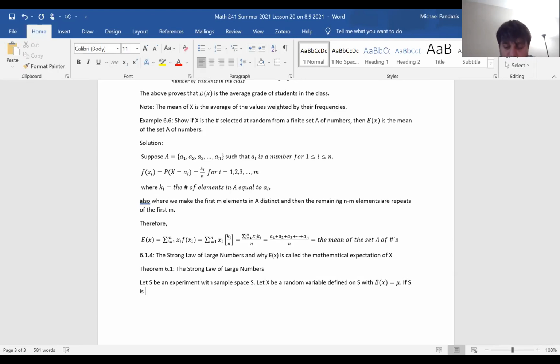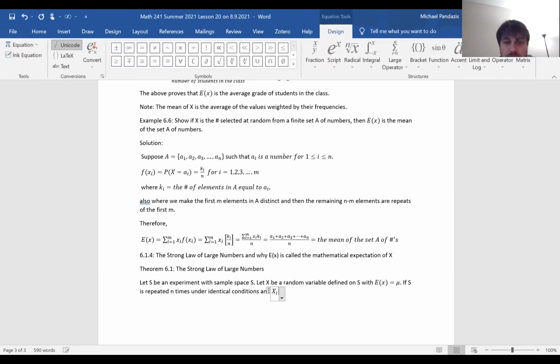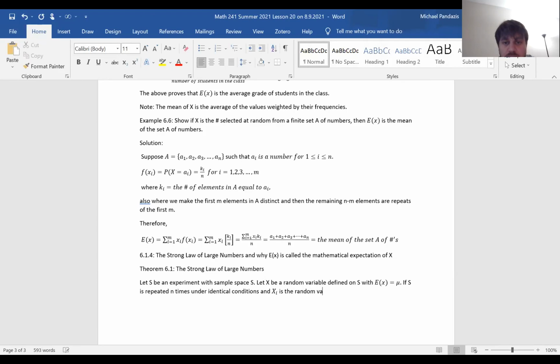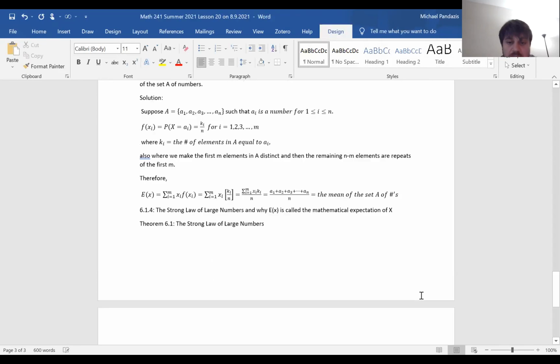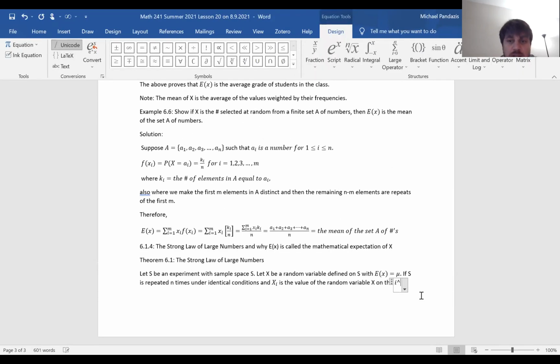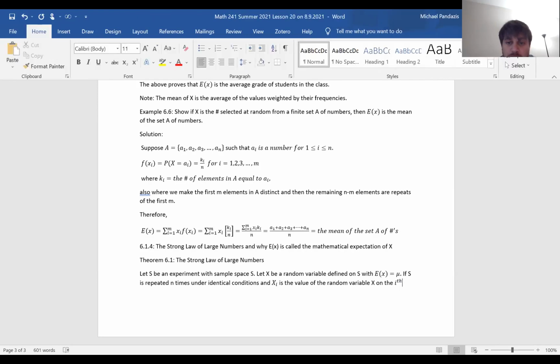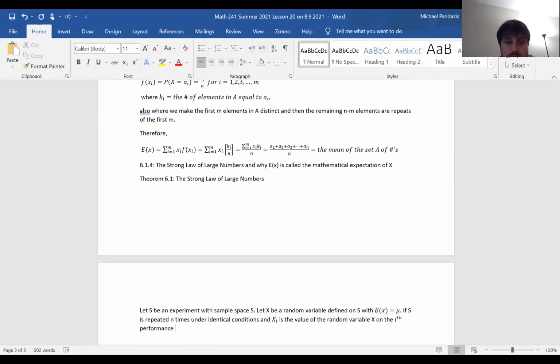If S is repeated little n times under identical conditions, and X sub i is the value of the random variable capital X on the ith performance of capital S,